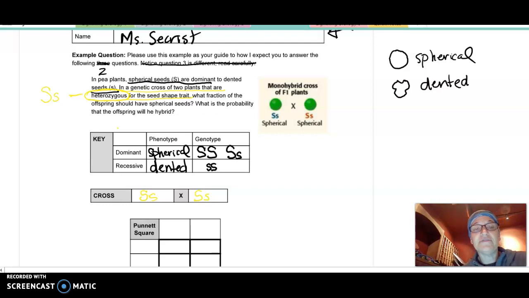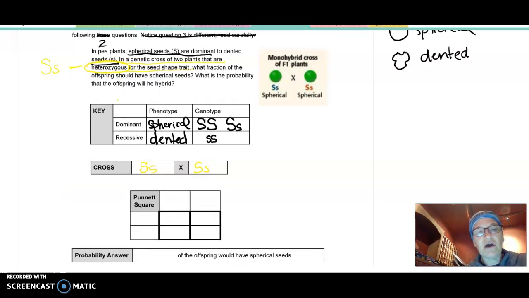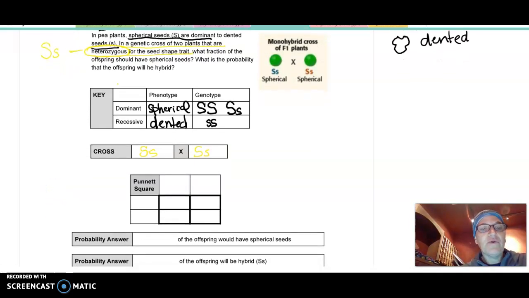Are they going to have spherical seed offspring? Are they going to have dented seed offspring? When we do a Punnett square, we can actually predict what those offspring will be. And so when we take the Punnett square, we'll take one parent's genotype and we'll say, okay, this parent could